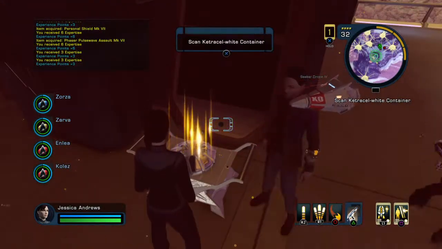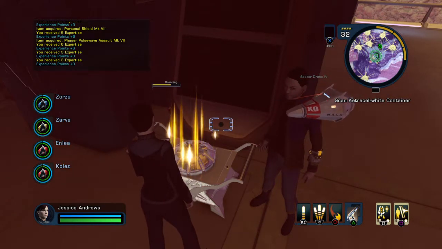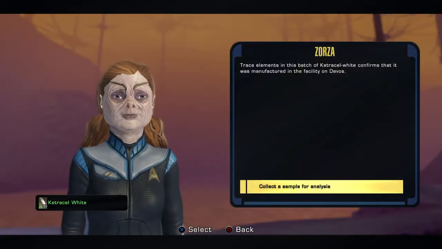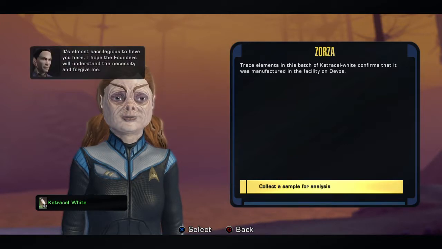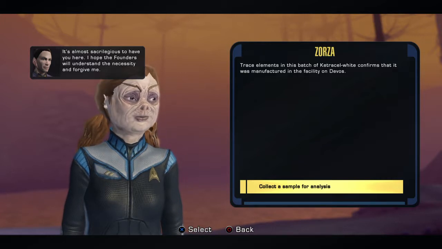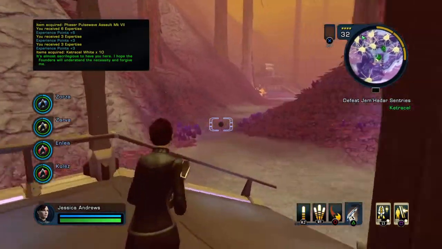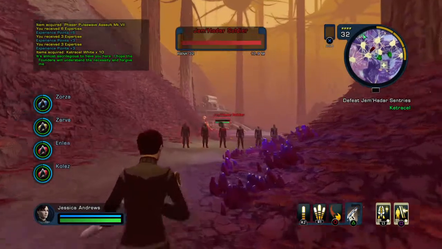Scan the Ketracel White container. Don't know why we're doing it, but it's for the laughs. Trace elements of a batch of Ketracel White confirm that this was the manufacturing facility. It's almost sacrilegious to have you here. I hope the founders will understand the necessity and forgive me. Collect the samples for analysis. Used to be able to use Ketracel White, but they